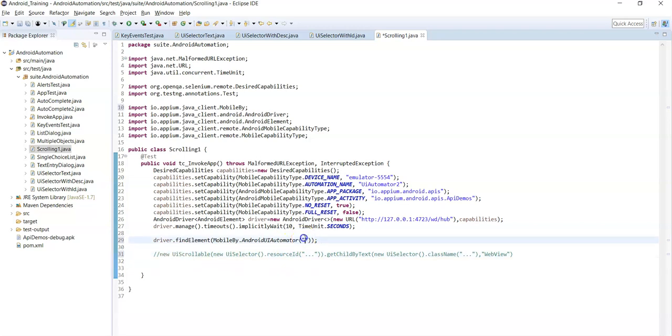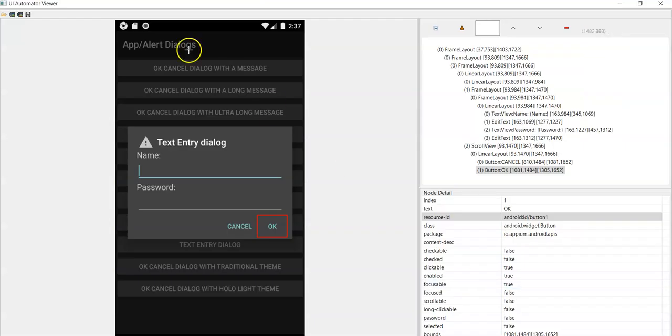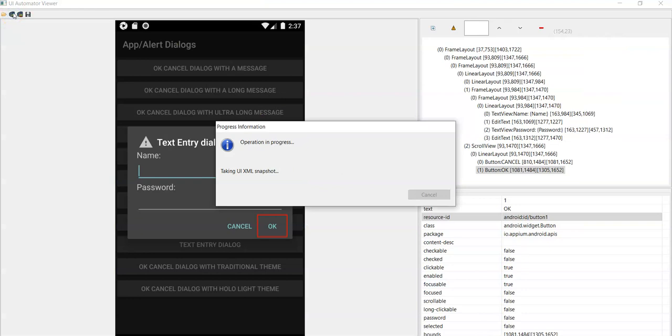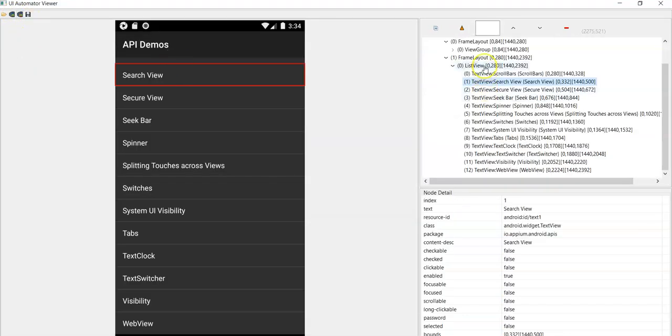First let's identify the locator of the scrollable container. So this is the scrollable container, right? Now let's identify the unique locator for that scrollable container. Just click on the device screenshot icon. So this is the list view, and the area highlighted with red lines is the scrollable area.